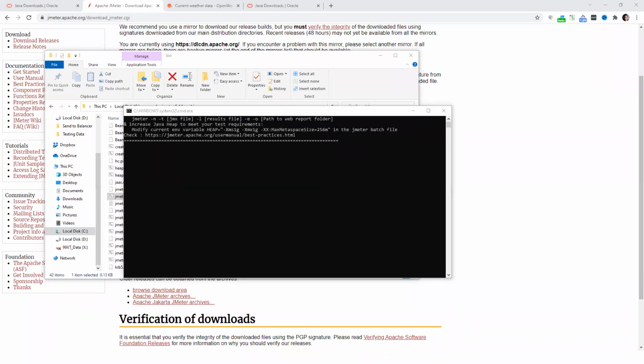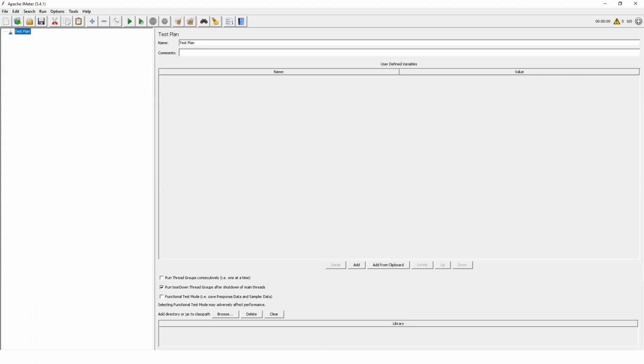Okay, this is the JMeter UI. So the installation is pretty simple. Just download the zip folder, unzip it, and copy it to the required location. And we have to open up the relevant file based on our operating system, likewise. So if I go back to my presentation again,